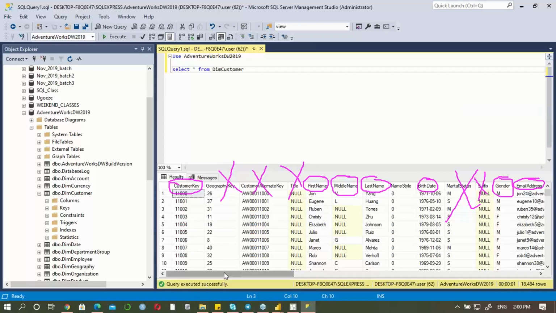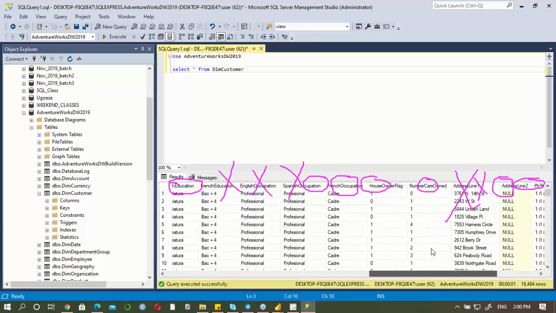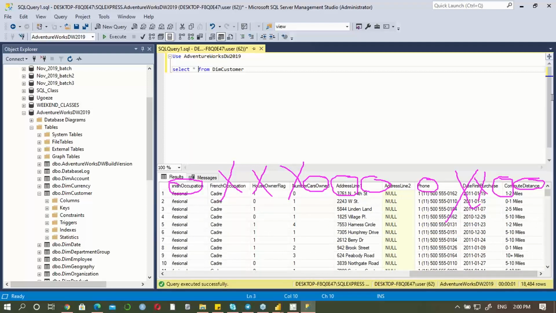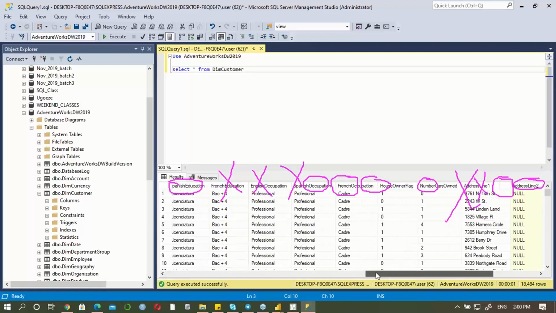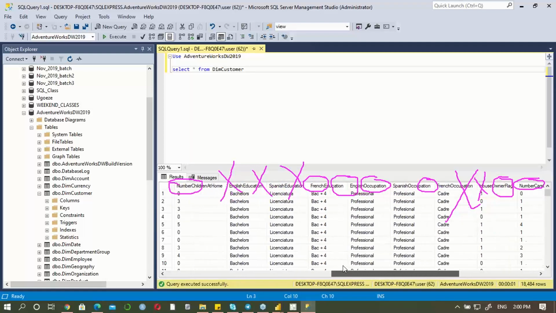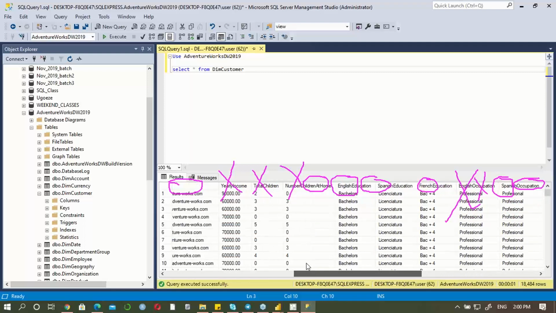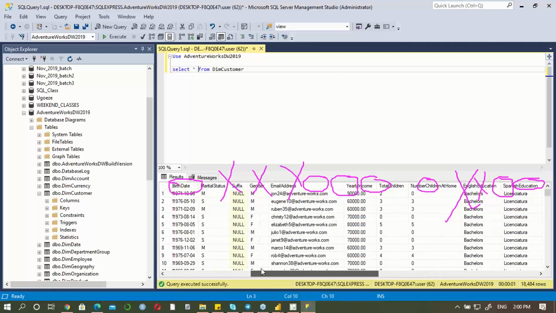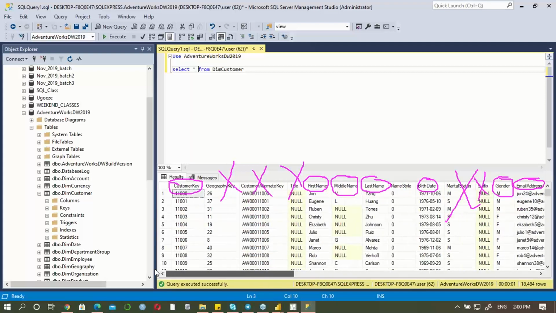So I'm going to also move forward. You can see they don't want every other piece of information. All of these other columns, and you can see they are so plenty. Date of purchase, address, number, they don't want house owner flag, French occupation, Spanish occupation, English occupation, French education, Spanish education, and all of these other things. But this is what they want: the customer key, the first name, the middle name, the last name, the birth date, the gender, and the email address. So the initial process, what we did ab initio, will show us